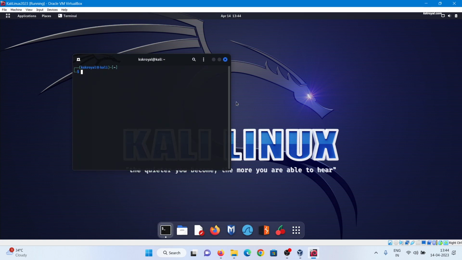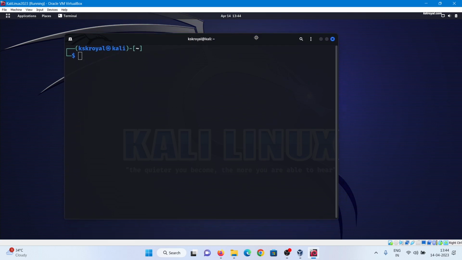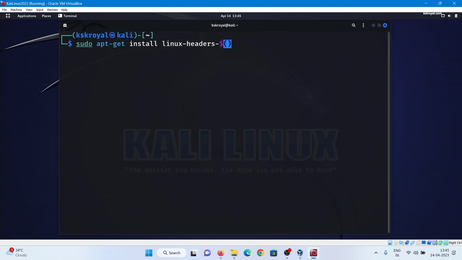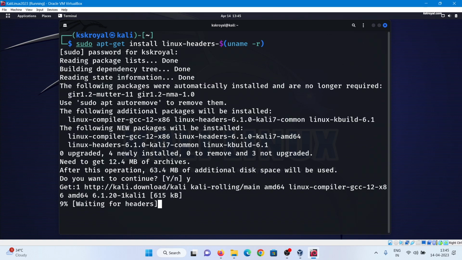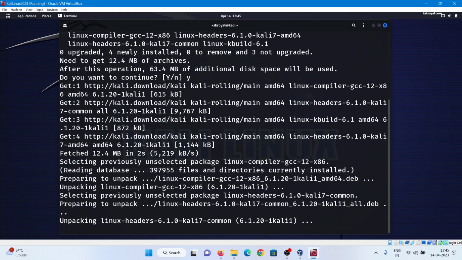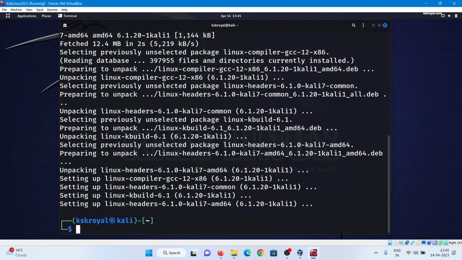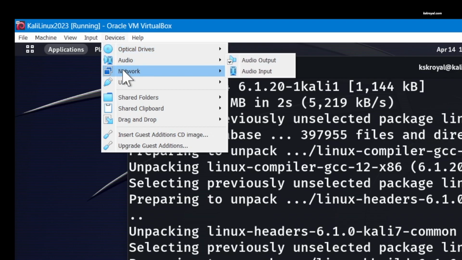Then again, open the terminal and type this command to install kernel headers. Now using the menu bar, choose to insert Guest Additions.